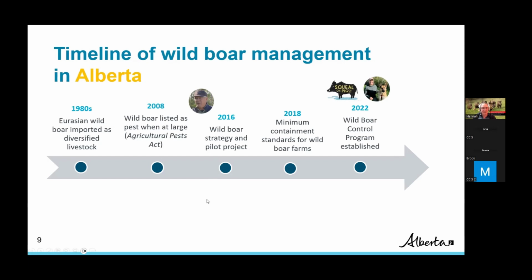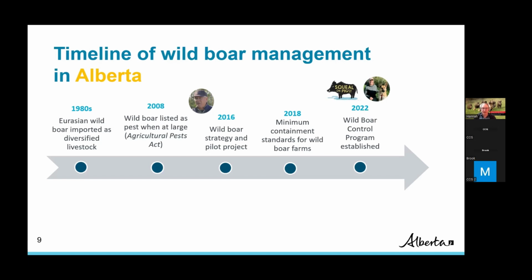And so they were listed as a pest under the Agricultural Pest Act. And there were some efforts underway to handle that, but it was realized probably around 2015 that a provincial program was needed to deal with this complex pest species. And so that's when Perry Abramenko took on that challenge, and he developed a wild boar strategy and